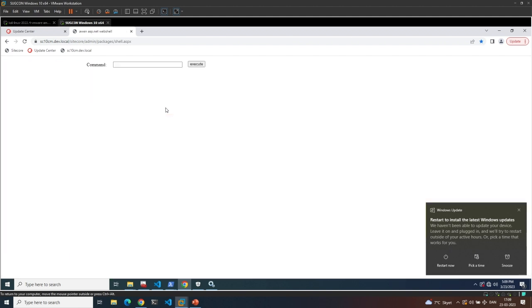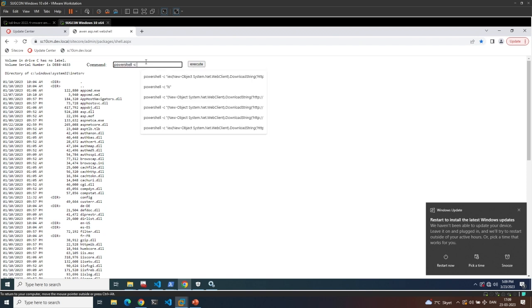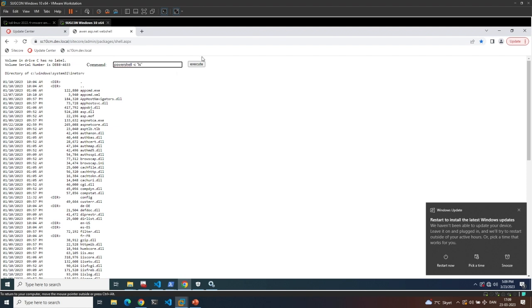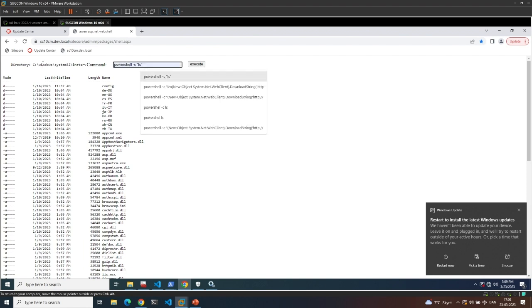Boom! Inside your Sitecore installation. I just like saying boom, I would have gone for the I'm in kind of the old hacker one. I can see this is the system I'm running as, and I can also execute PowerShell. If I'm doing the ls thing, which is similar to dir, and of course the big thing is I could execute my reverse shell. You've seen it tons of times, or at least a couple of times now.